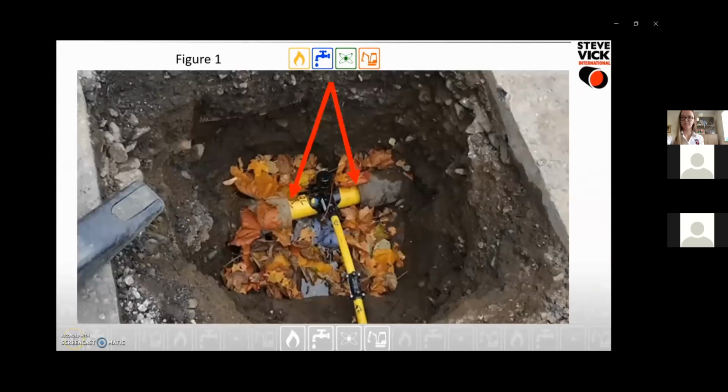As you can see with the help of the red arrows, the annular space between the polyethylene pipe and the metallic pipe in Figure 1. The first question you may ask is, why seal the ends? The seal is required to prevent the ingress of water and backfill material, which can lead to road surface slumping. The seal will also prevent the potential tracking of gas through the old annular space, which can lead to expensive